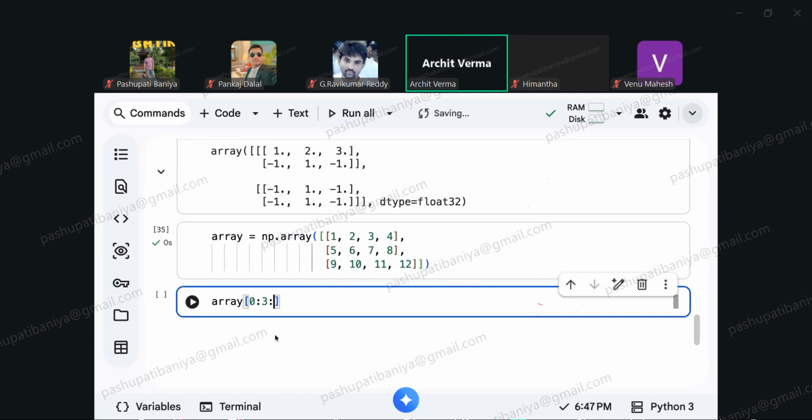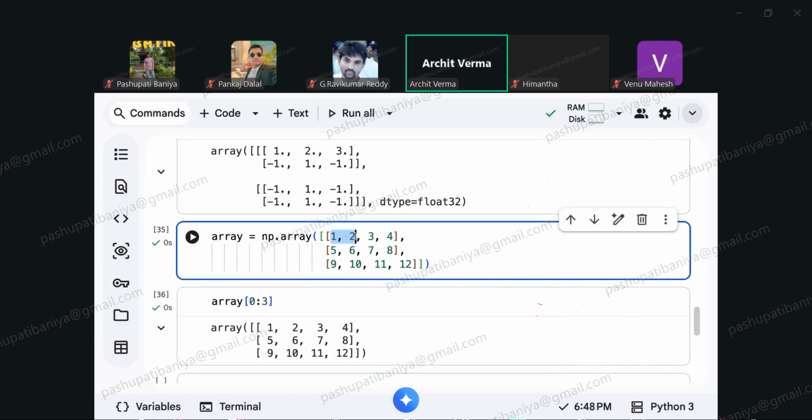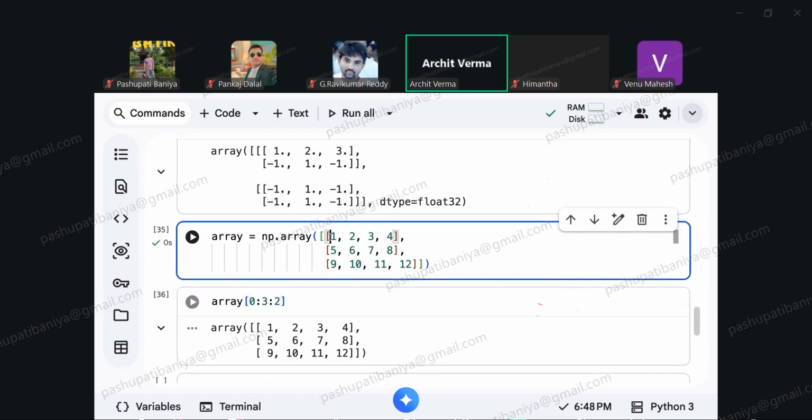Then I can tell the step size. What will be the step size? By default the step size is 1, so first row, then second row, then third row, in that order. But if I use the step size of 2, that means 0 row,